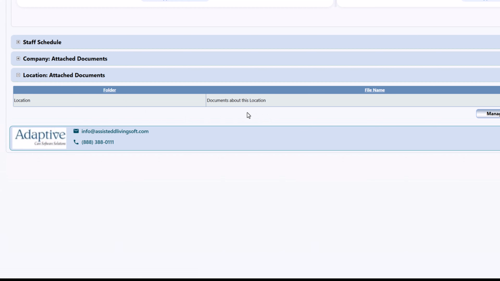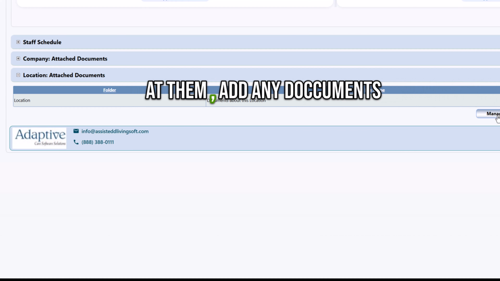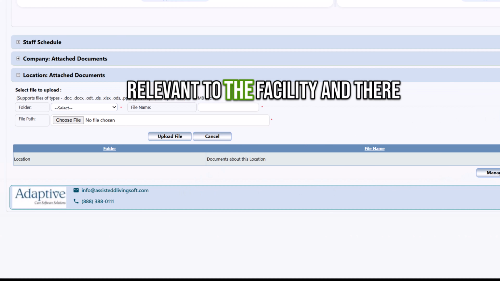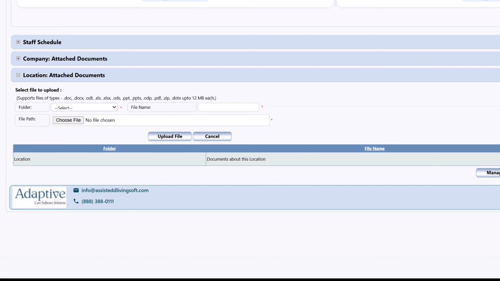We've done the same thing with location-attached documents. And these documents here, as you look at them, add any documents relevant to the facility, and there are things that have to be done, basic instructions that you might want to have on hand, warranty information for appliances, etc. Okay, well